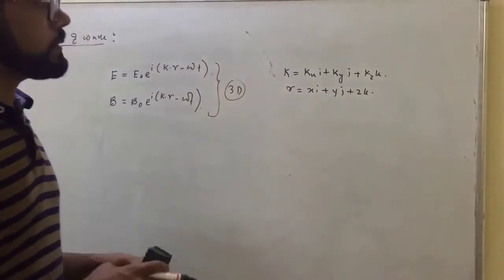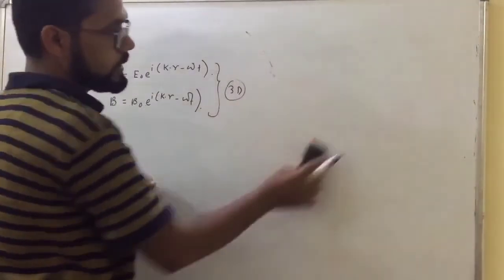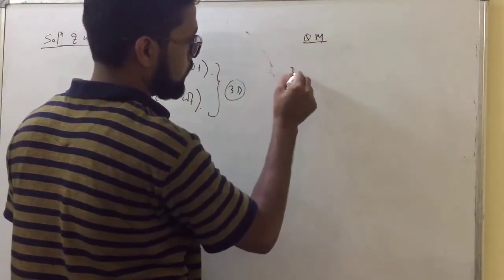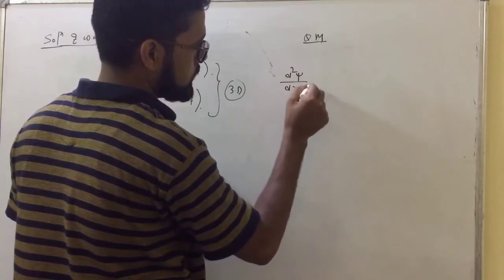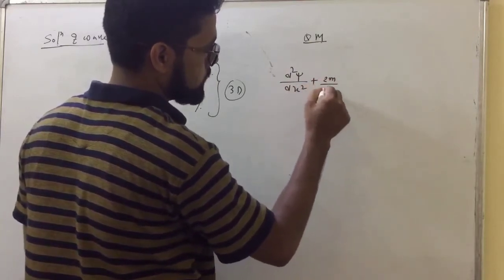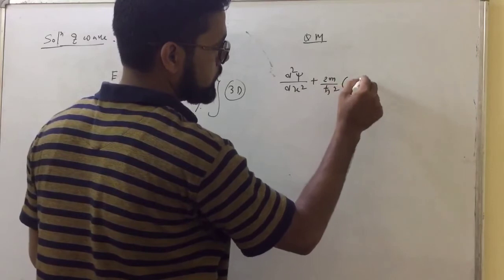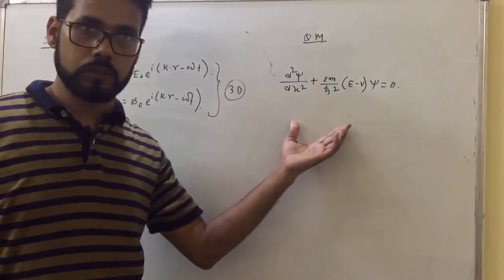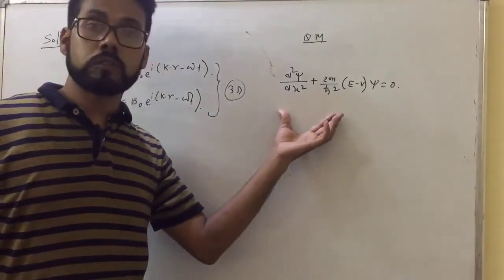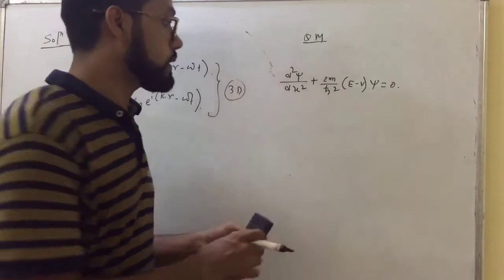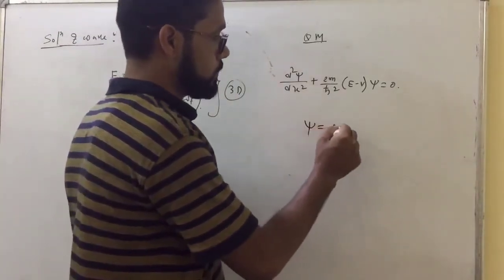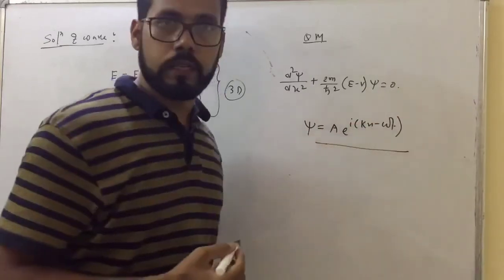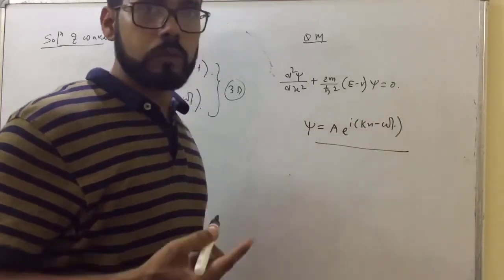Similarly, in quantum mechanics we always encounter differential equations. This is the Schrödinger equation, with E minus V times phi. This is a second-order differential equation. Our aim is to find the solution of the wave equation. Suppose I get the solution of the wave equation as A e to the power i(kx minus omega t). According to the postulates of quantum mechanics,